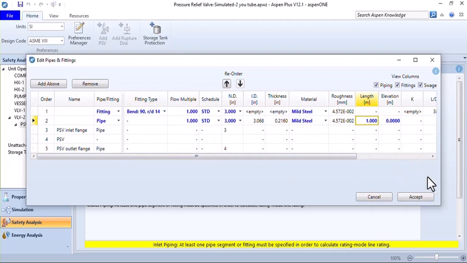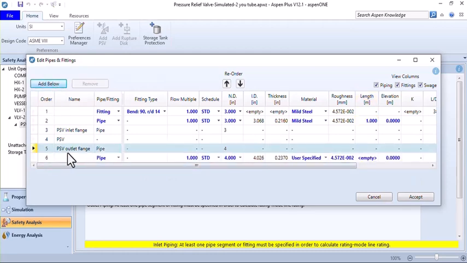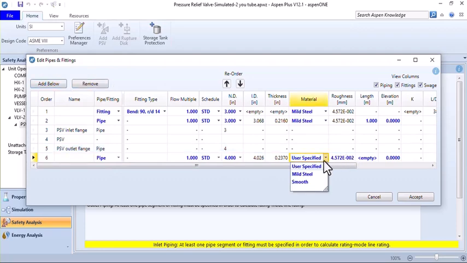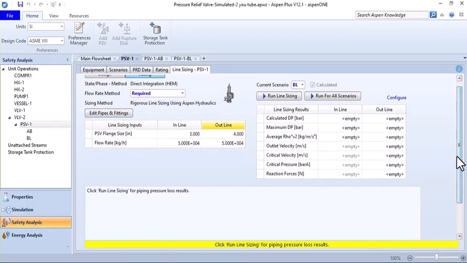And also at the outlet of the pipe I choose this row and add below. After the outlet flange, we can have a pipe according to the piping system, 4 inches nominal diameter for the pipe. The other specifications, smooth, for example, length of the pipe 1 meter, and also I accept this and go to